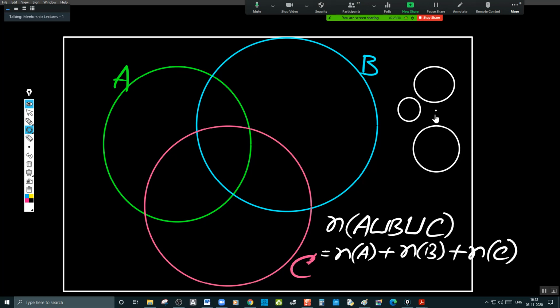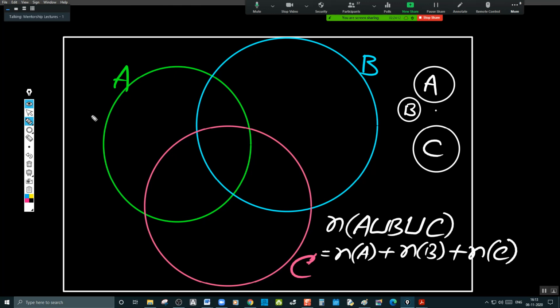If these 3 are like this, you need not think about this. Straight away add them. A, B, C. N of A union B union C is nothing but N of A plus N of B plus N of C, where A intersection B is the null set, B intersection C is the null set, C intersection A is the null set. So nothing is to be subtracted, nothing is to be added. Hence, if you want the union of this type of 3 sets, then straight away we write it as plus. But in this case,